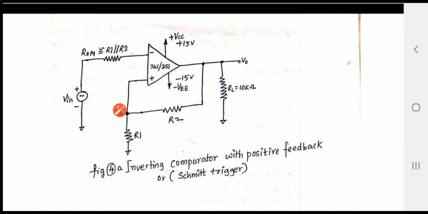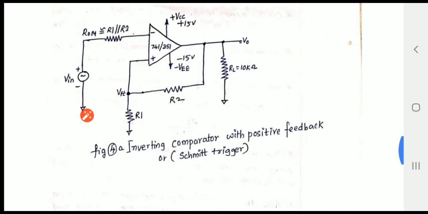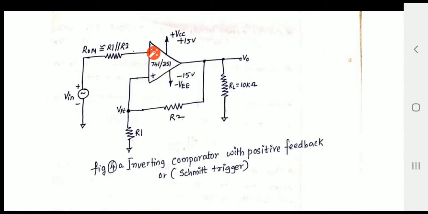Now look at the circuit here. So Vin is the applied voltage which is connected to the inverting terminal of the op-amp, okay, where Rom is the resistance which is used to reduce the offset voltage of the op-amp. If there is an offset voltage, it will distort the output information or output voltage. The second thing, here the resistance R2 is connected from the output to the positive or non-inverting terminal of the op-amp. Hence it is called positive feedback. Okay. Here R1 is the resistance which is connected to the ground for the non-inverting terminal.